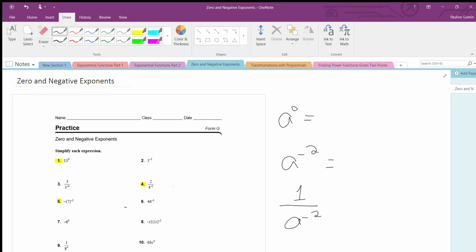Now I love zero exponents for one reason and one reason only. Literally any number that you raise to the power of zero will give you an answer of 1. So whether that's 3 to the power of 0, negative 75 to the power of 0, 1,375,000,003 to the power of 0 is also 1. Okay. Now, negative exponents. What negative exponents tell us is that whatever variable or number we're using as the base